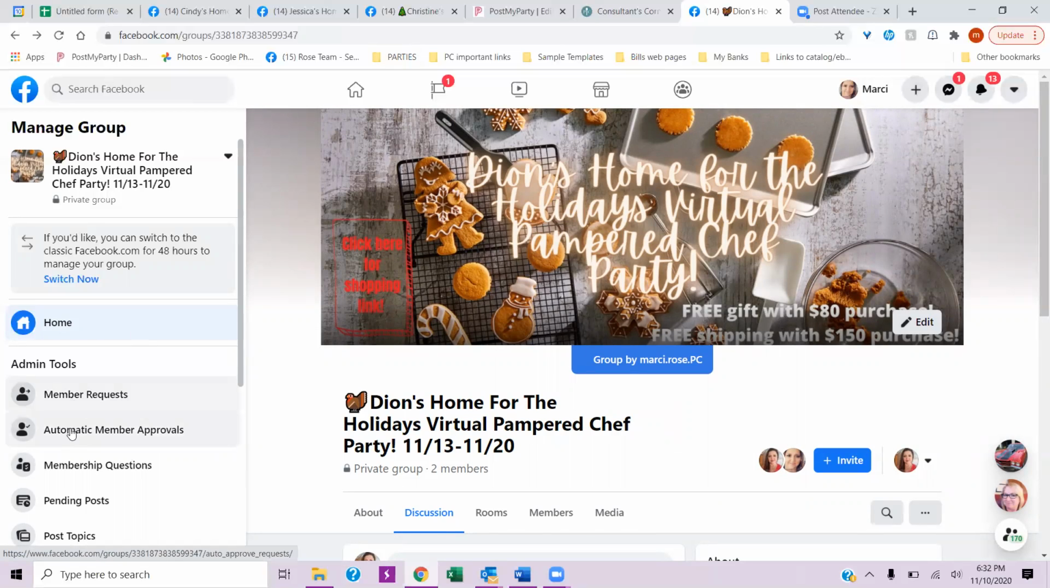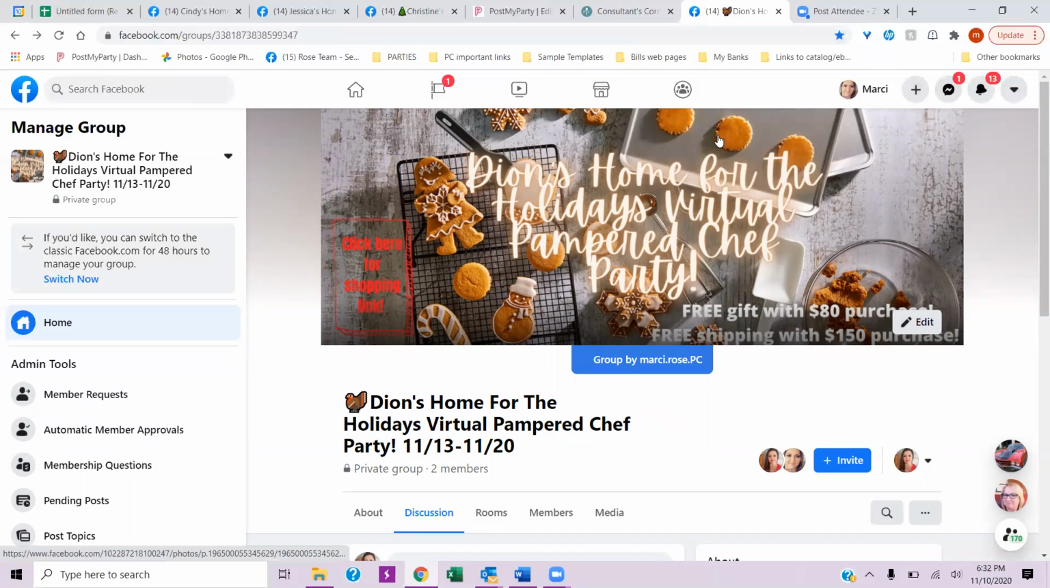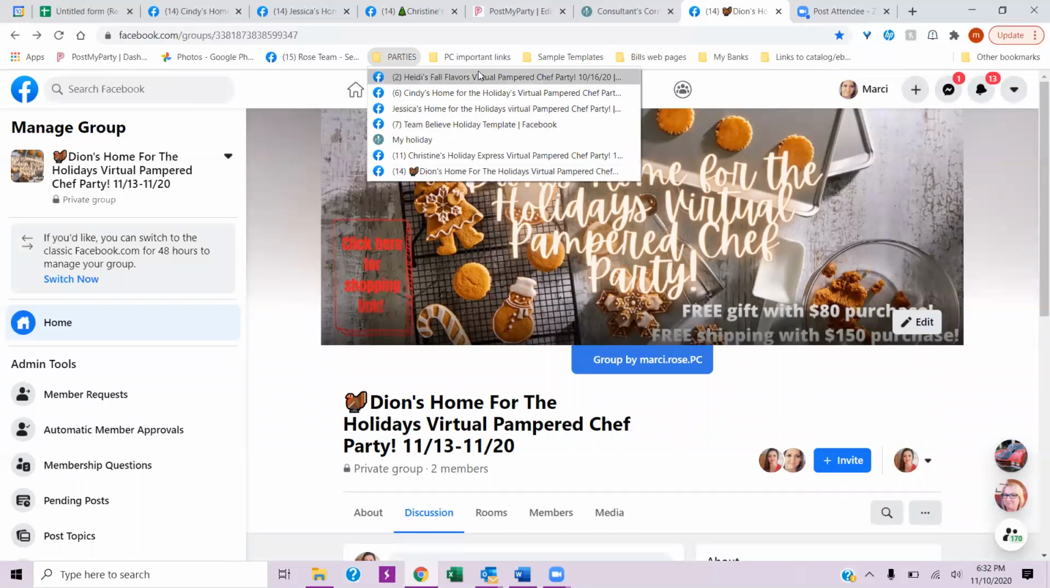I don't want to have to go into my business page and then the groups. I want to be able to just click one button and get to it. So what I'm going to do is hit my star right here, and I'm using Chrome. I'm going to hit done here. So when I go to parties up here at the very top, there is Dion's party right here. Okay,